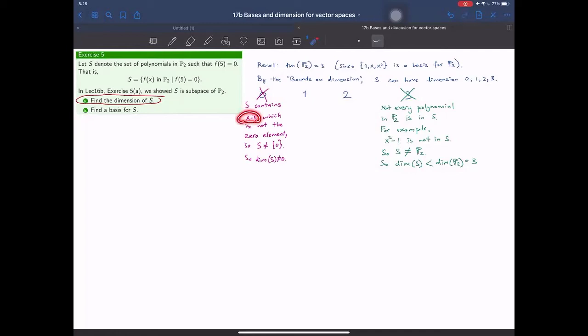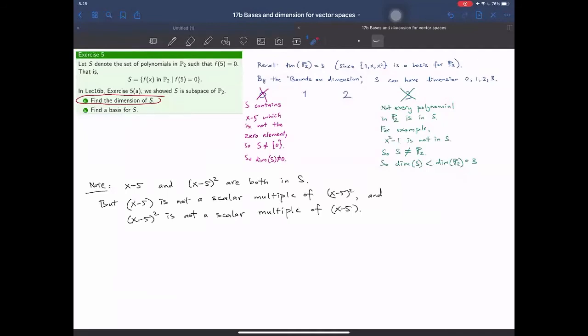For example, x minus 5 squared would be in there. So let me check if this polynomial in x minus 5 might be linearly independent. I can do the same process that I did in the previous exercise, or I can observe that x minus 5 is not a scalar multiple of x minus 5 squared, because this one has degree 1 and this one has degree 2. And x minus 5 squared is also not a scalar multiple of x minus 5. So these 2 polynomials are linearly independent, and we can apply the same logic that we did in the previous